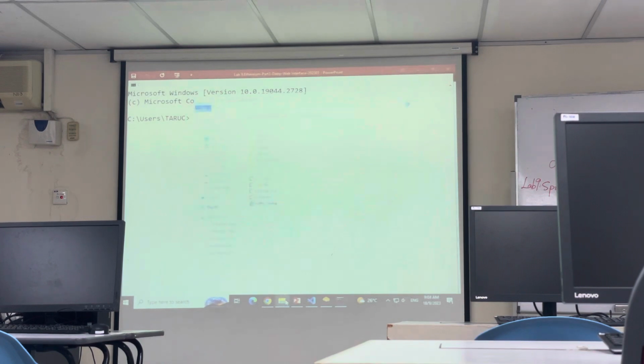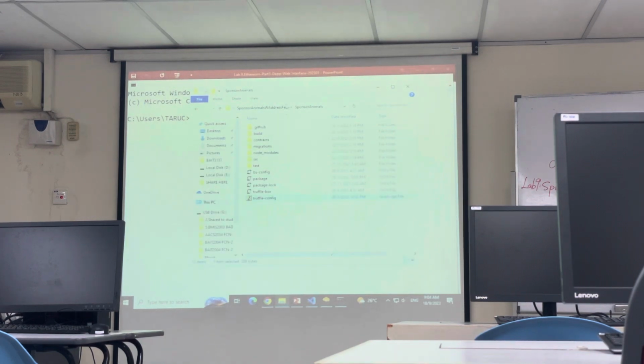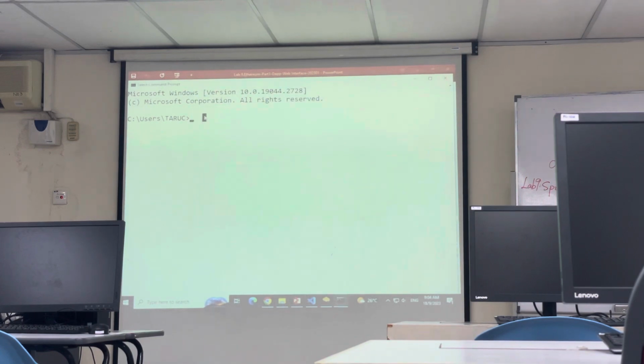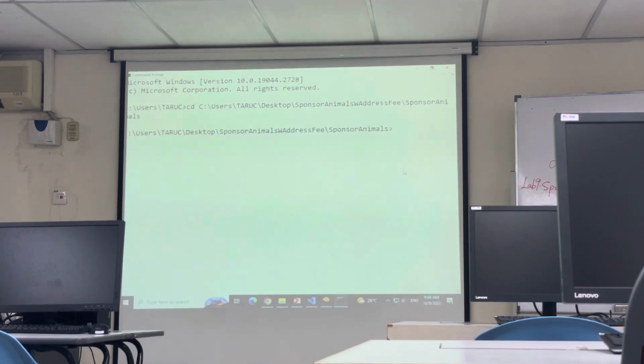You need to point back to your folder. So that's why I come over this side. You need to navigate to your folder, so I'm copying the path. I copy the path, then I come to the CD and change the path over there. Okay, so first of all, what you need to do is